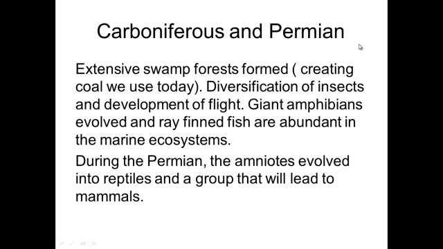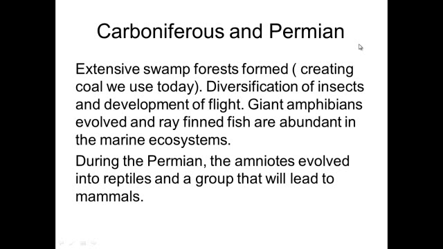During the Carboniferous, the swamp forests formed, and those decayed and became the coal that we use today. So this is the time period. The Earth was very hot and steamy, quite a bit hotter than it is today. And actually there was a lot more oxygen in the atmosphere than there is today. Oxygen levels today are around 20%, 21%. Then it was over 30%, which is actually a little too high, because as soon as lightning splits the sky, it actually causes the oxygen in the atmosphere to burn. Yeah, it's a very dangerous time.